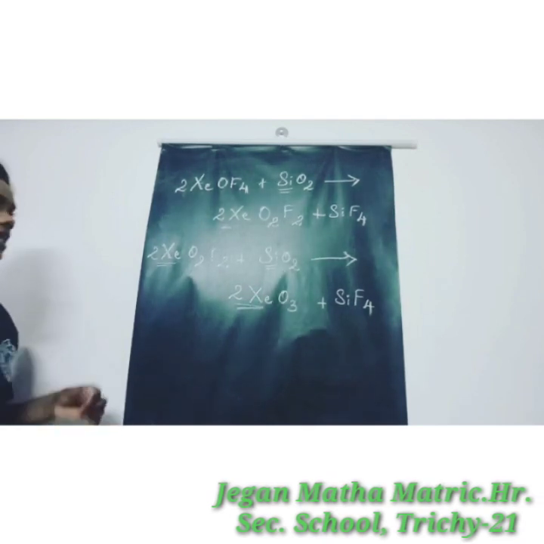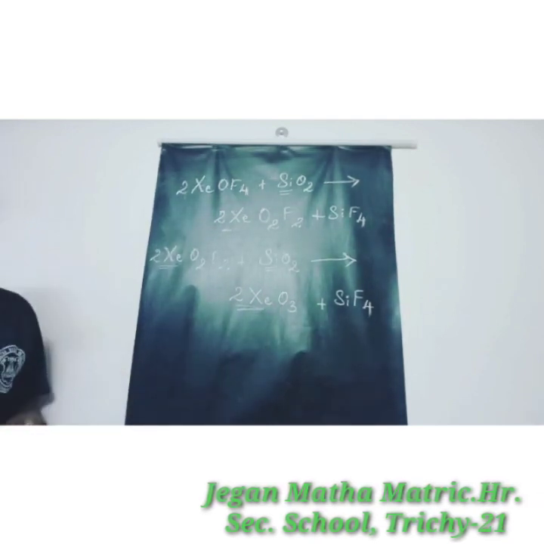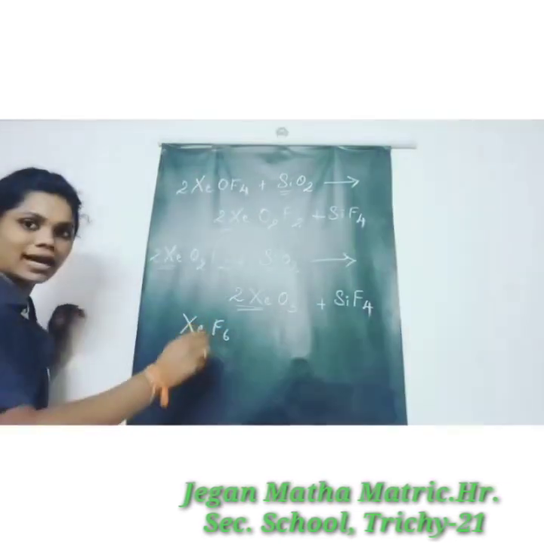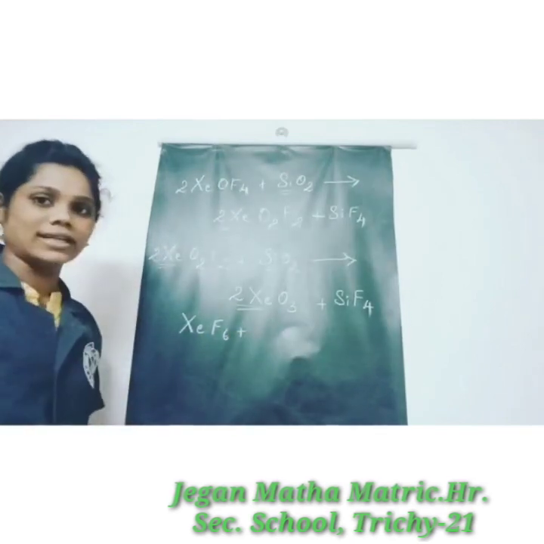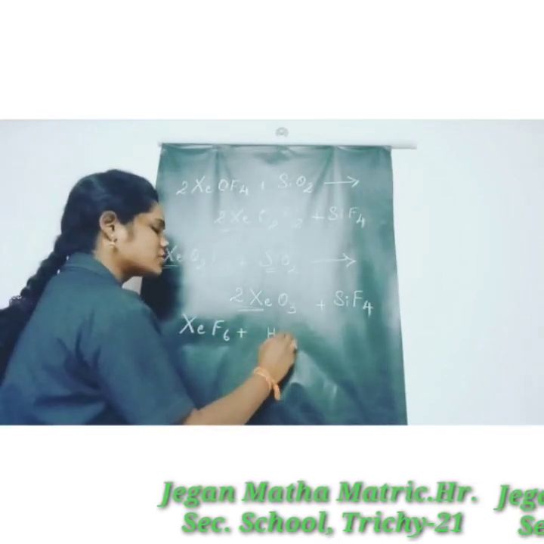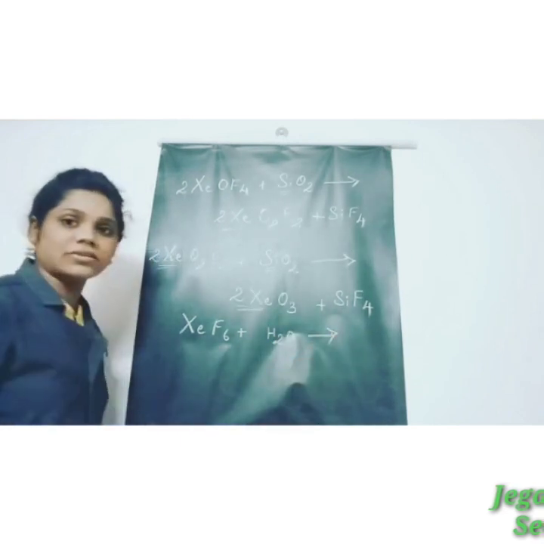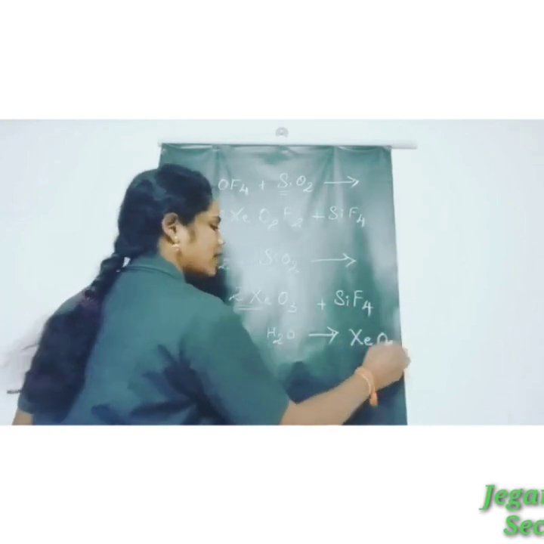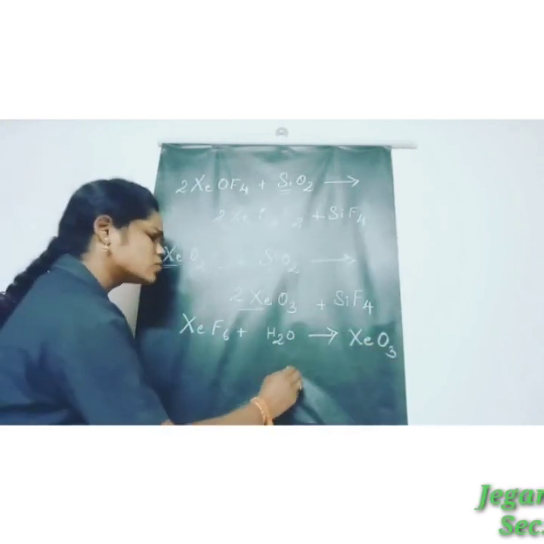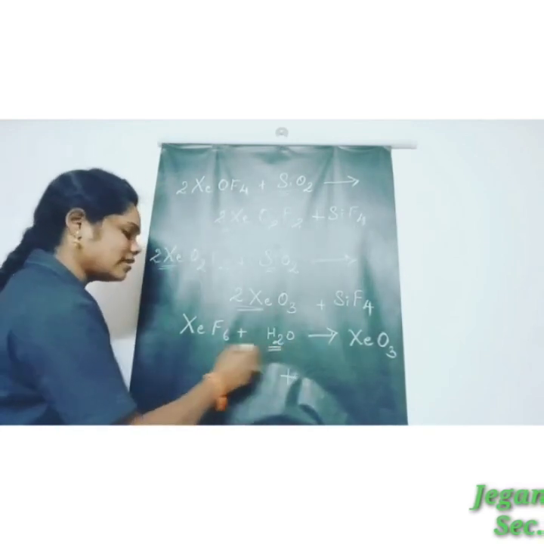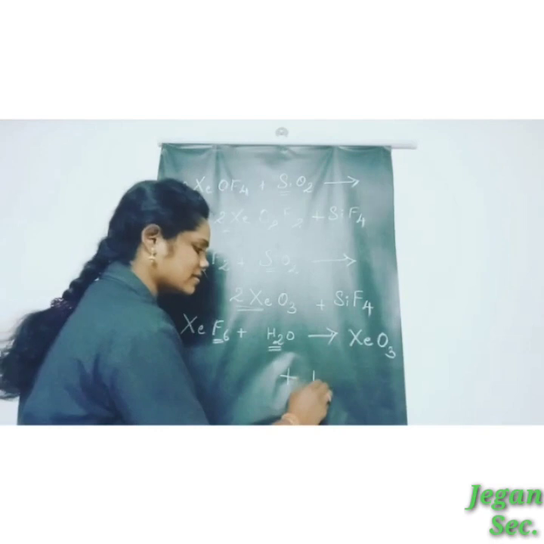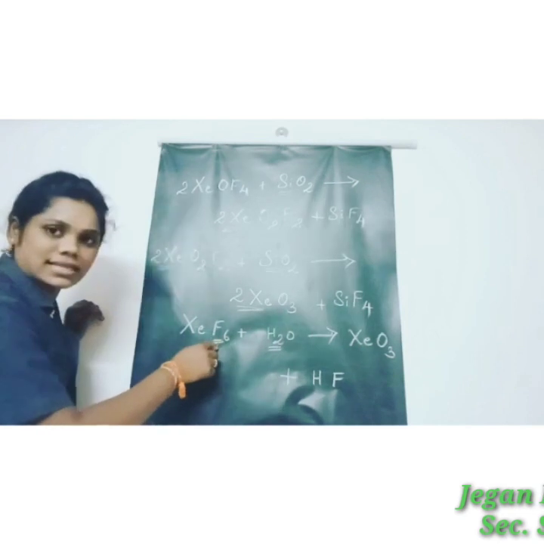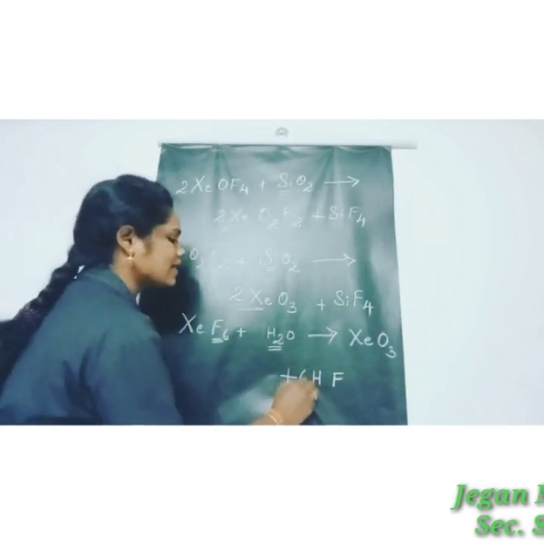Okay, let us see the equation. So what is taken here? Xenon hexafluoride is taken. This is hydrolysis with water molecules. So water molecules mean H2O. So here xenon trioxide only is formed, XeO3. So xenon trioxide plus what is remaining? Here hydrogen and fluorine molecules. So here fluorine is totally 6 times.